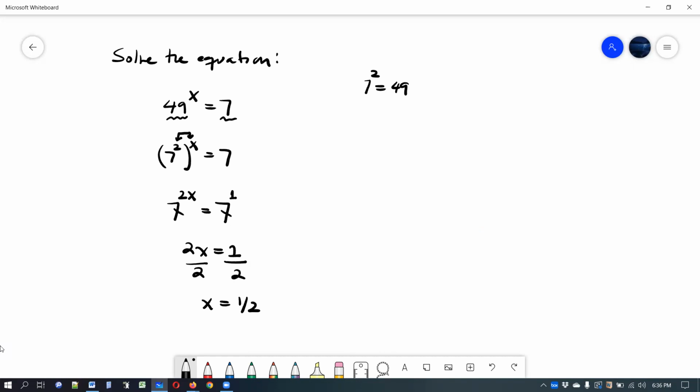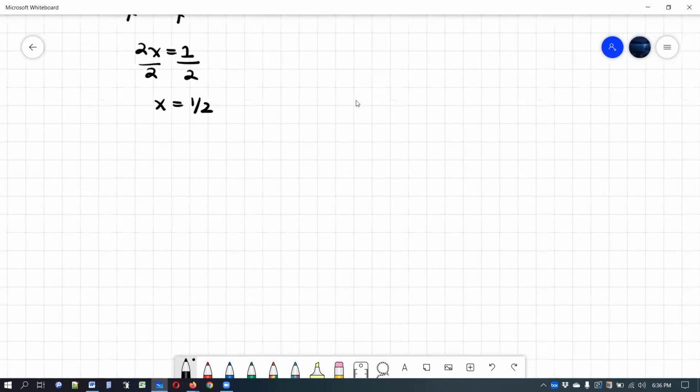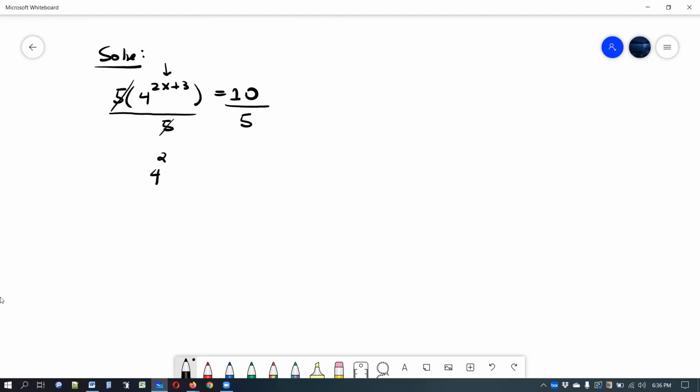How about, let's do 28.6, and I already wrote the problem here. Again, solve the equation. I'm just going to write solve now to go a little faster. Solve, and we mean solve the exponential equation. And equal to 10. All right, so this is an exponential equation because I see the exponent here has a variable x. So the very first thing I do is I must isolate the exponent on the left side, the expression with the exponent, which means I have to divide both sides by 5 to begin with. So this 5 cannot be here. On the left side, I am left with 4 to the 2x plus 3, and now I have 10 divided by 5,